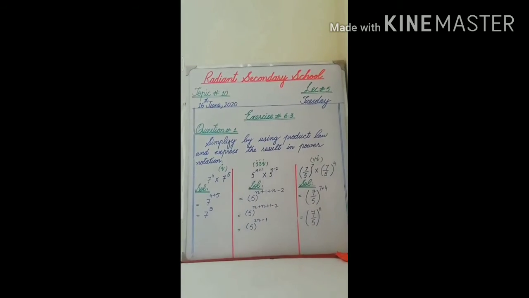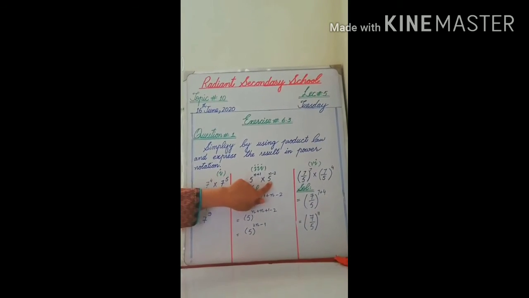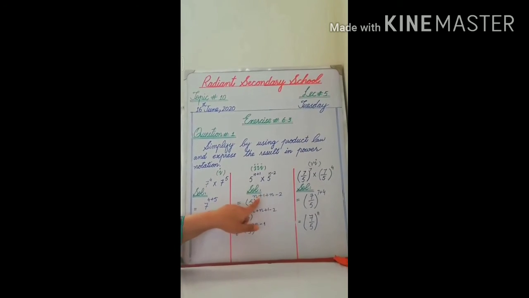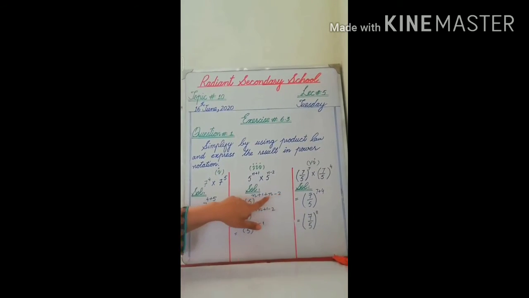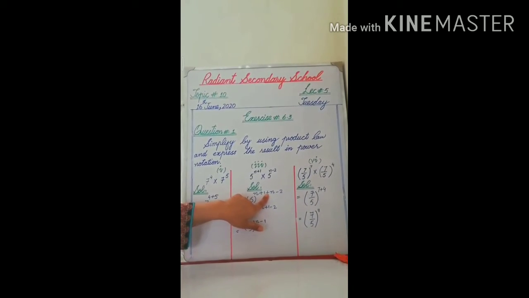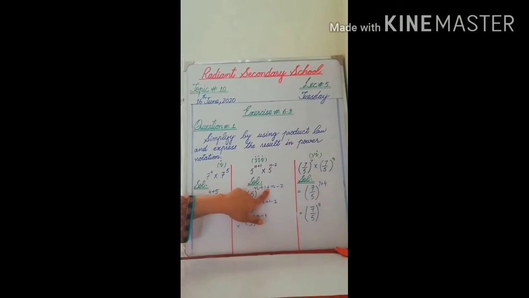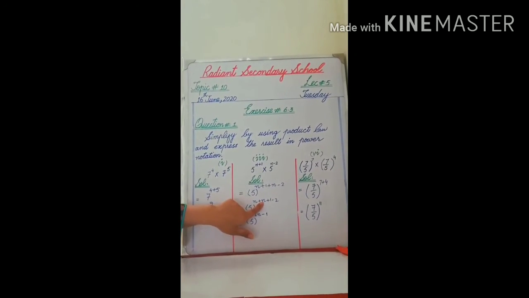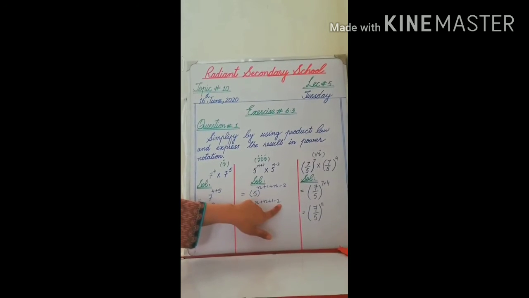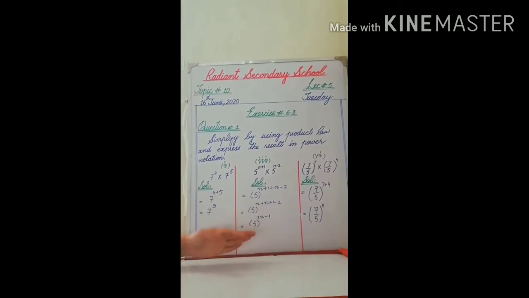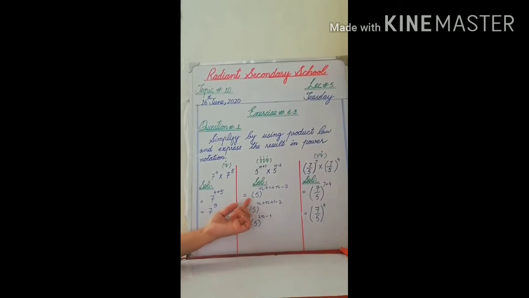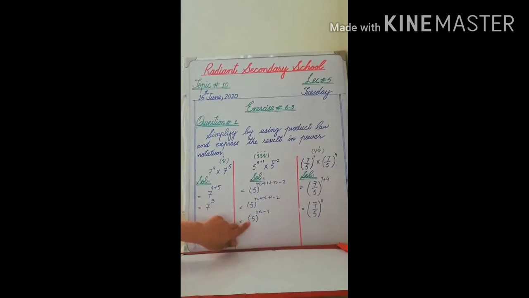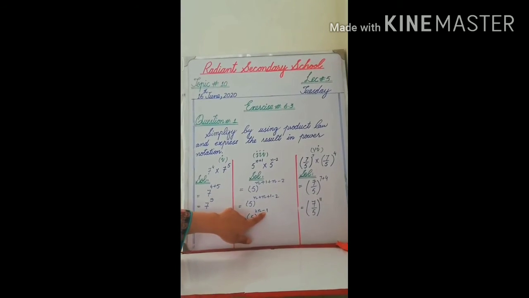Okay students, in part number 3 again bases are same, so we have to add their exponents. You can see when I am adding, then n plus 1 and n minus 2, between both exponents I am putting this plus sign because we have to add exponents. After this step we have to collect like terms. N and n both are like terms, 1 and minus 2 both are constants, so both are called like terms, and we have to simplify it. Both terms have coefficient 1. When we will add them, answer will be 2n. 5 raised to power 2n minus 1.